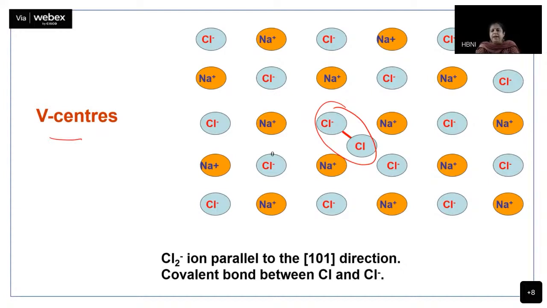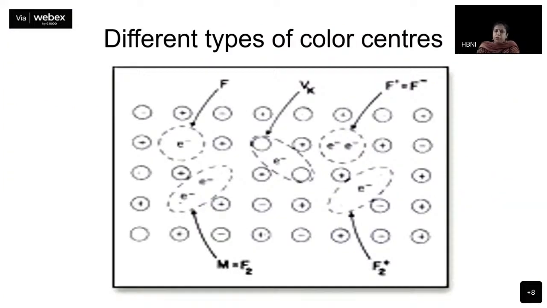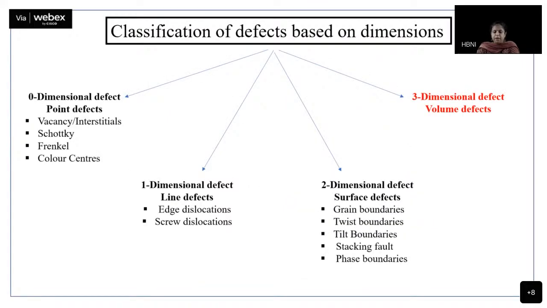Okay, so why is it essential for you to know this? It is not very necessary for you to remember what is H or V or what is FA or F prime or F, but if later in the literature you come across these terms, then you would know what they are actually referring to. That is the whole point of this course, to make you acquainted with different terms that you might be introduced to in your future. Okay.